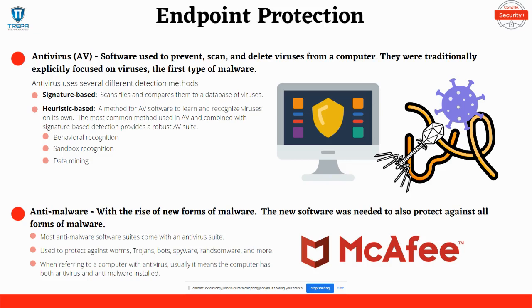Domain 3.2 will primarily discuss technical solutions for security for our existing endpoint systems. The first endpoint protection we will talk about is AV. AV is antivirus software. Antivirus software scans, prevents, and deletes viruses from your workstation. Antivirus software can be part of a whole suite of endpoint protection solutions, or it can be standalone software that's installed on a workstation or a server, meaning that we can have an agent-based or a server-based